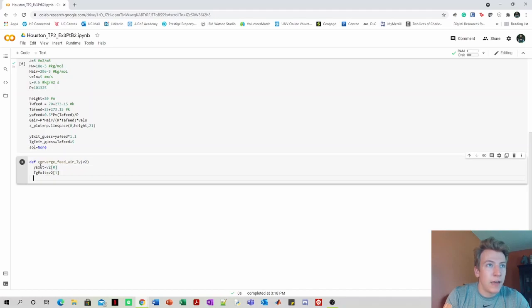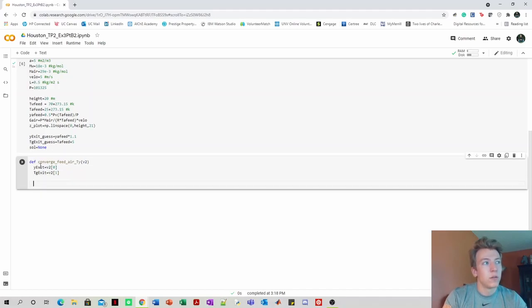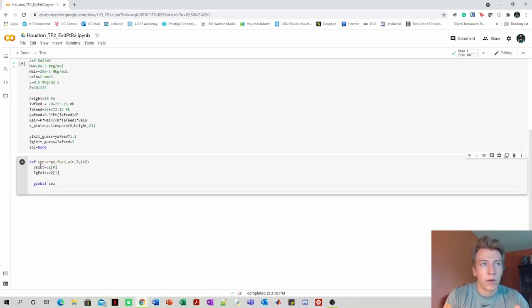Now that we have that, it's kind of trapped within its own function right now. So to extract it and to be able to evaluate it while saving time, we want to use the global function. So global sol, the sol variable being the solve, the solve IVP that we will create. So now that we have that, and like I said, it's that outside scope we really want. We can then define